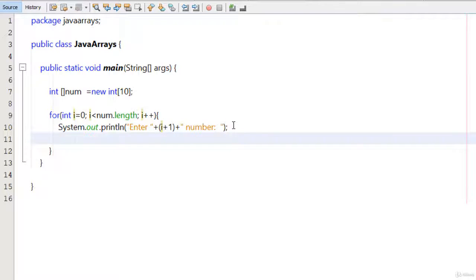Okay, so now I type here Scanner s1 equals to new Scanner and System.in,